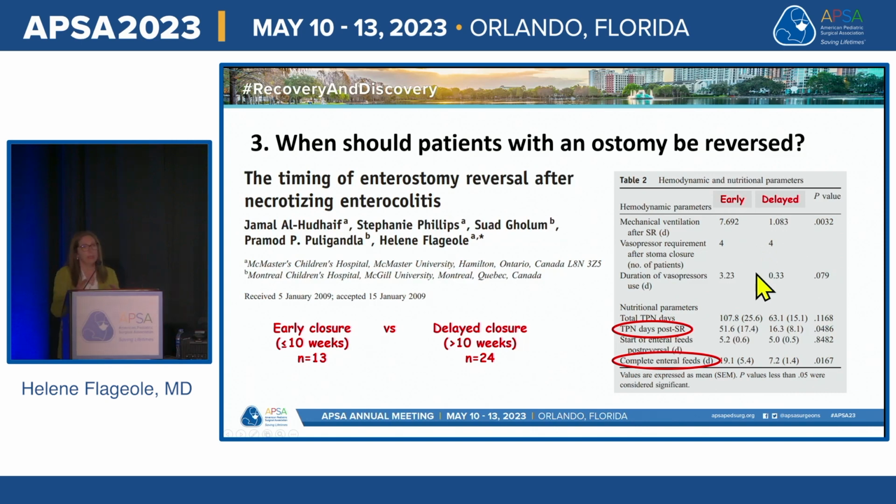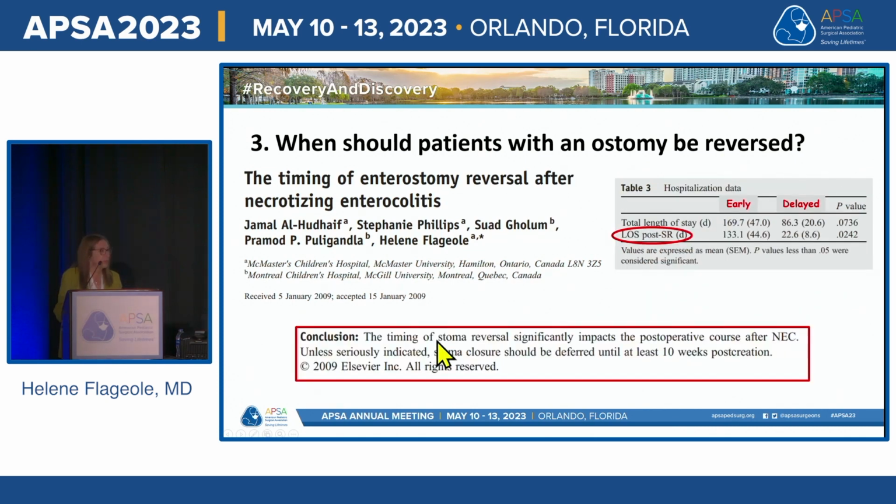And I'm going to say we still have a unit where we struggle with getting our babies off the ventilator. We don't have access to IV Tylenol to decrease the narcotization. That was true 15 years ago. It still is true. And perhaps as a result of that, or in combination with other things, our kids who were reversed early took longer to get off the vent, longer to get off TPN, and longer post-op to get on enteral feeds. So our conclusion from that study was that unless you had a really good reason to, it was probably better to wait until later to reverse the stoma when perhaps they wouldn't have as much SIRS and